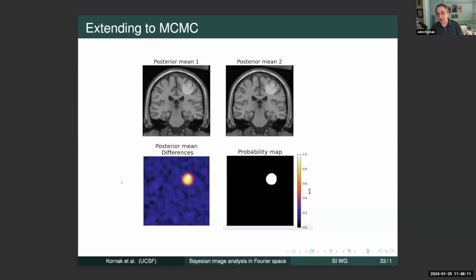Different bit of work. Costas Berkas is extending from using the MAP estimate to MCMC. So we can get a whole bunch of other kinds of estimates that are not just MAP estimates. For example, if we were looking longitudinally and you might have two images where we want to see if a tumor is changing over time, then from MCMC samples, you can estimate the posterior mean difference. And you can also come up with probability maps by looking at the output of the Markov chain sample from the posterior. This is still work in progress, but